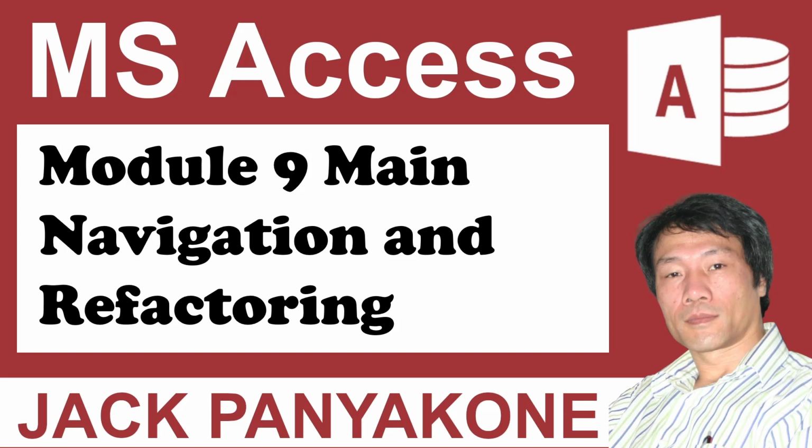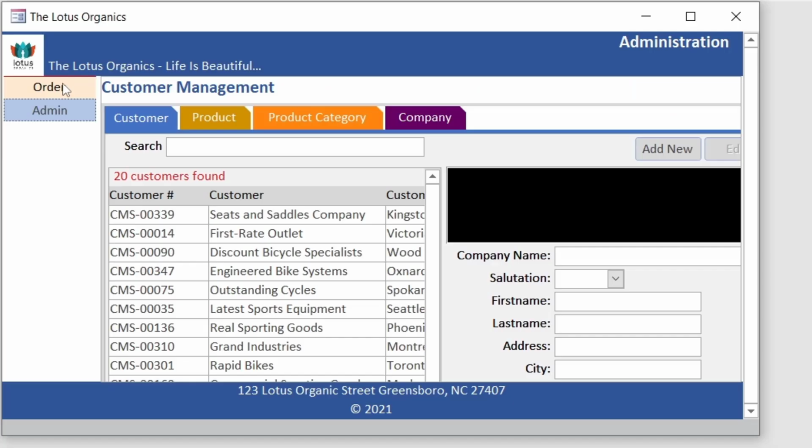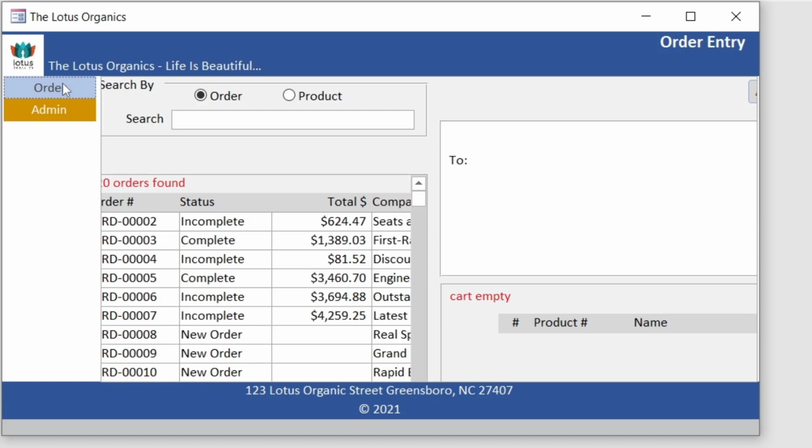Module 9, Main Navigation and Refactoring. Order, Administration,